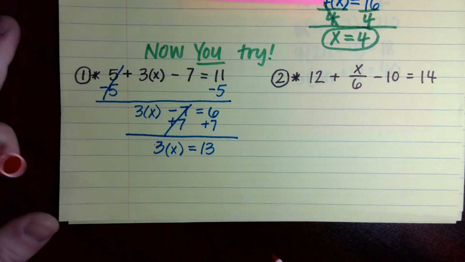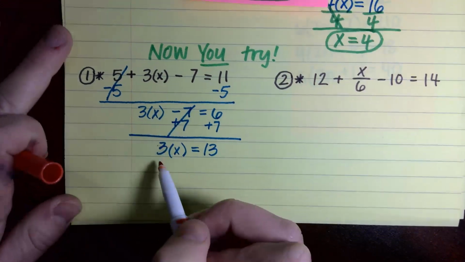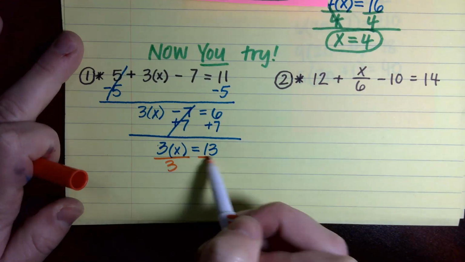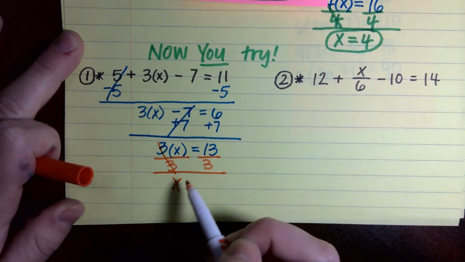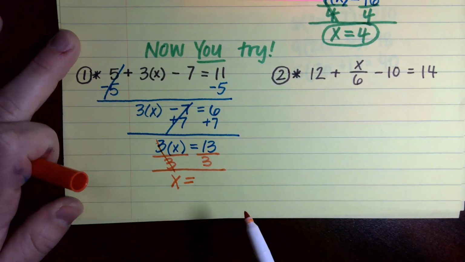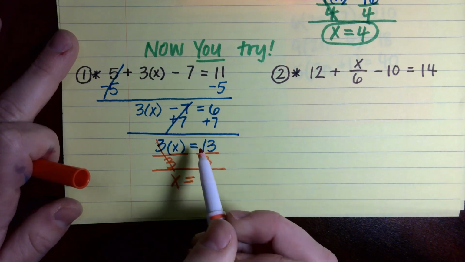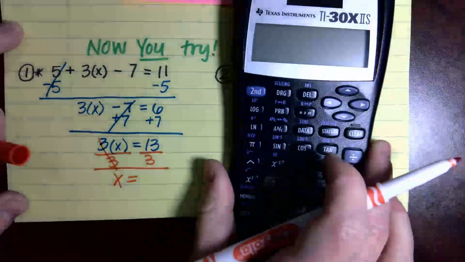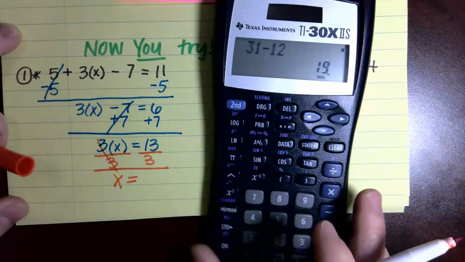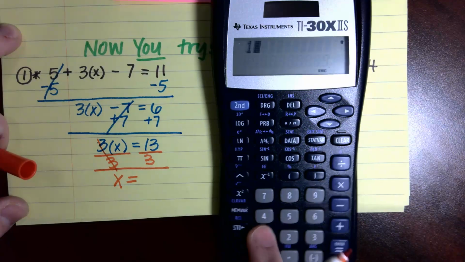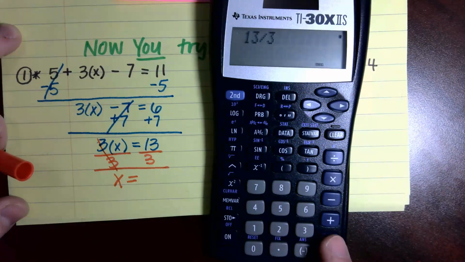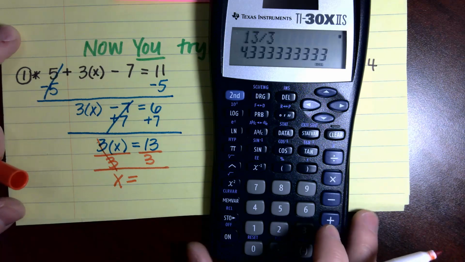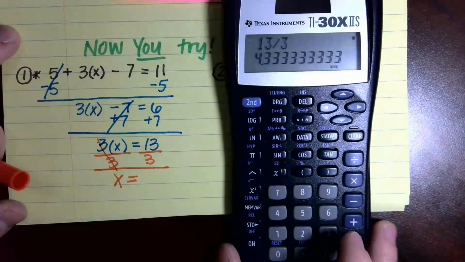What do I do here? Yes, we need to divide by 3 on both sides. And we are going to get x equals, what is it? Yeah, let's see what we end up getting here. Sorry, this one wasn't as pretty. Right. 13 divided by 3. Yep, 4.3 repeating. So we could just write